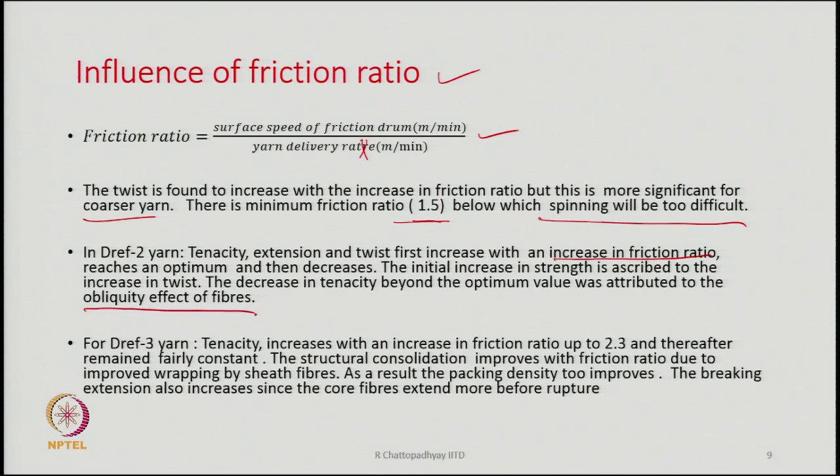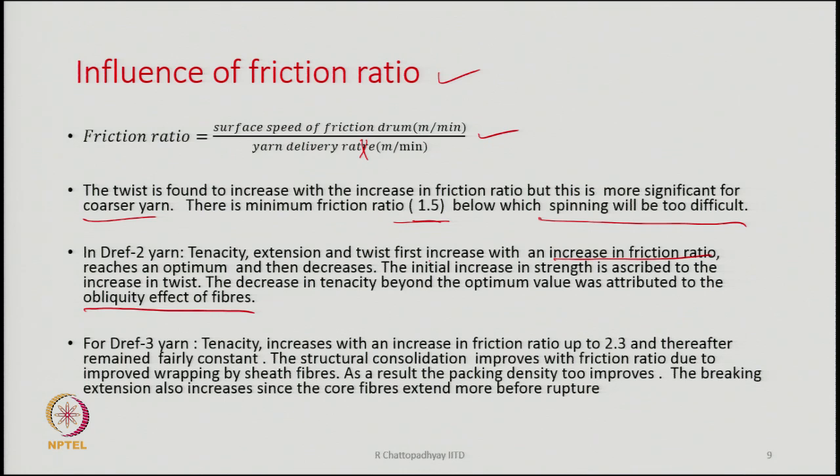Too much friction ratio means too much twist. Too much twist means the fibers are too inclined with respect to the yarn axis, and therefore the strength will fall. In drape 3 yarn, tenacity increases with an increase in friction ratio up to 2.3, thereafter remaining fairly constant. That means, if I plot